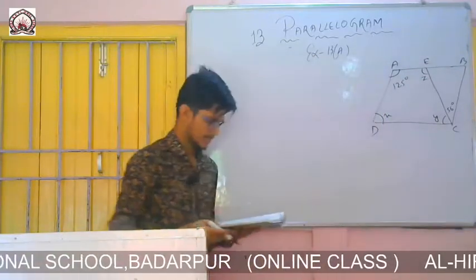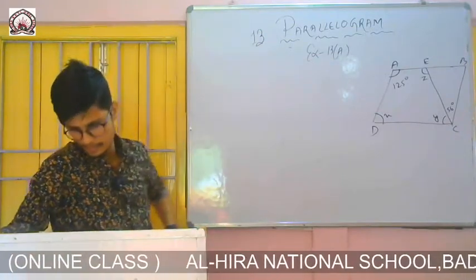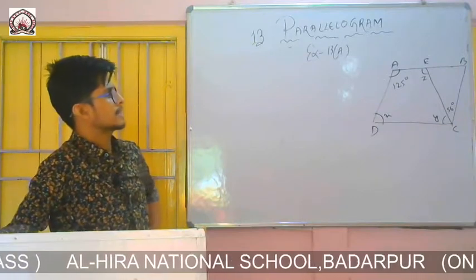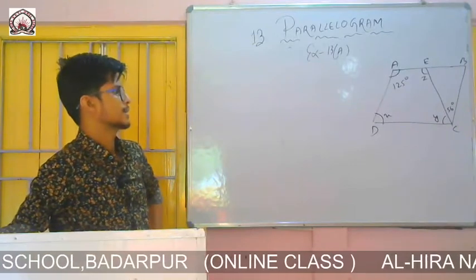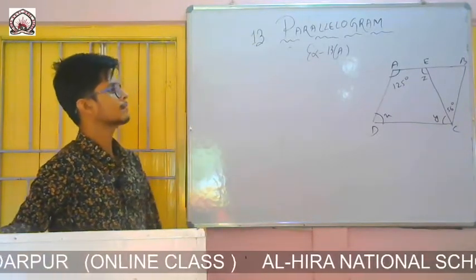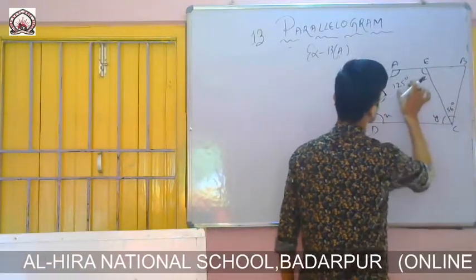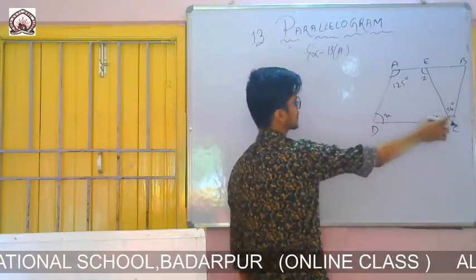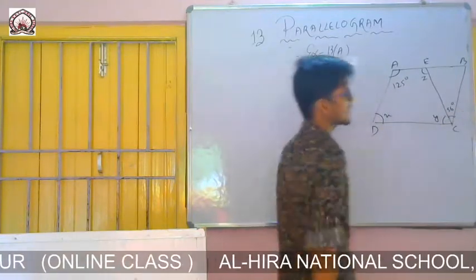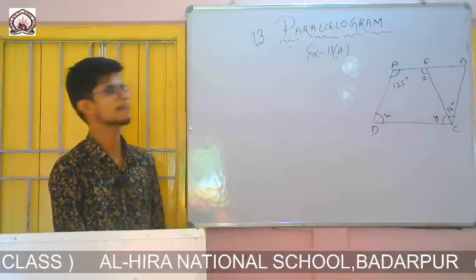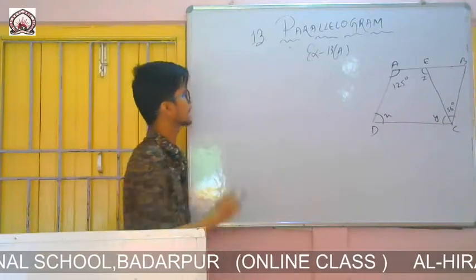So now you see in your book the question is given like this: A, B, C, D. It is a parallelogram. Angle A is given 125 degree. E is given as Z. D is given as X, and C is bisected. It is written Y and 56 degree. That means if I add Y and 56, I will get this angle, because this one is equal to this one. It is a parallelogram. In case of parallelogram, the opposite angles are equal. So first of all, we will find angle Y.